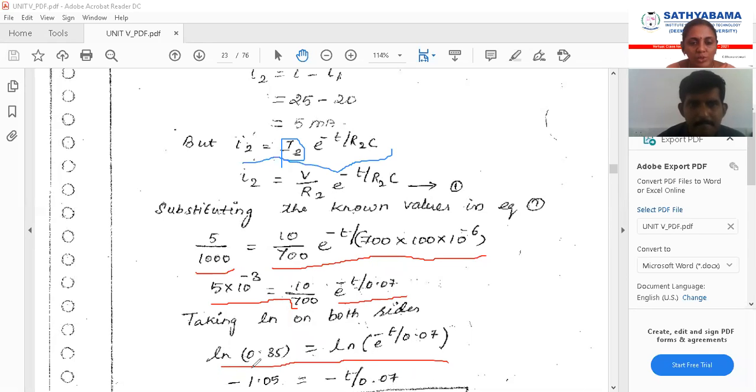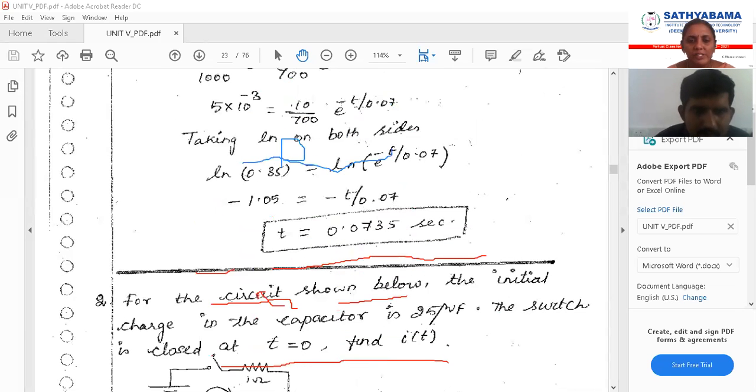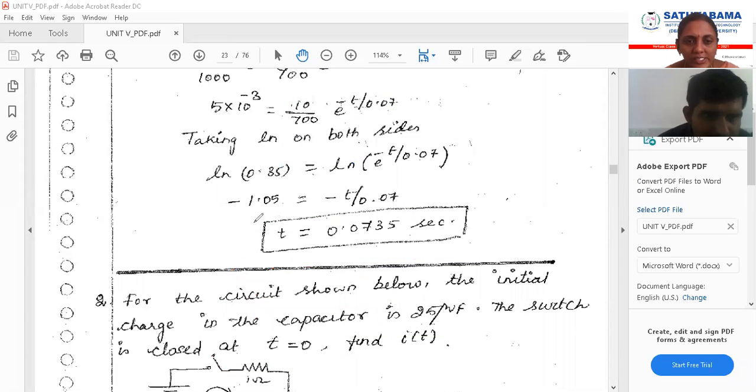I hope you understood how you're getting 0.35 after simplification of 5 into 10 power minus 3 into 700 by 10. After this simplification we are getting ln of 0.35. So use your calculators. After simplifying, you can get the value as minus 1.05 is equal to minus t by 0.07, or rearranging the equation, the answer is t is equal to